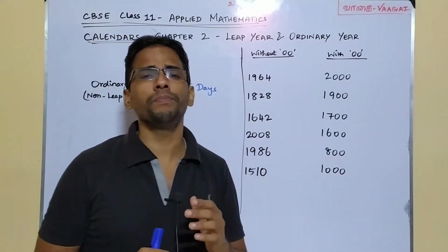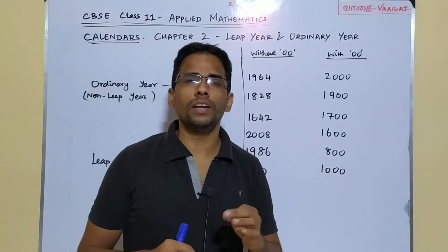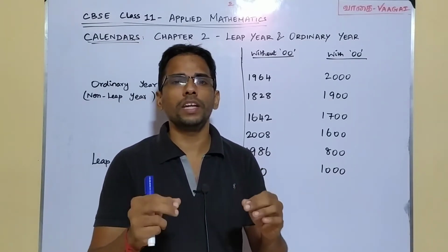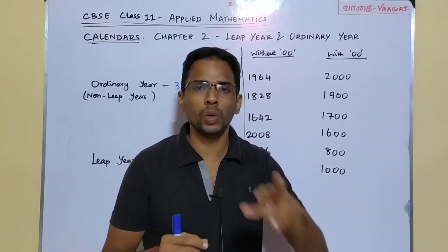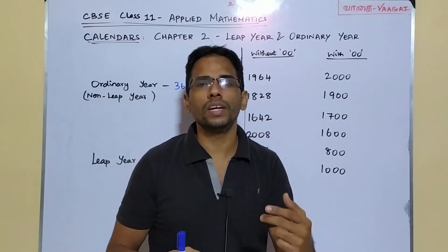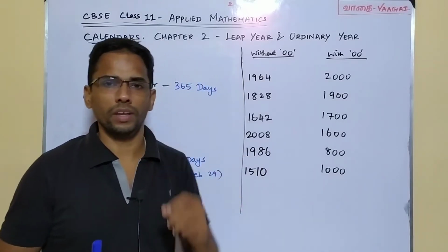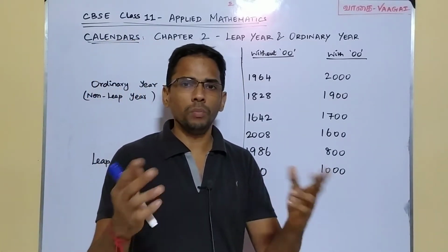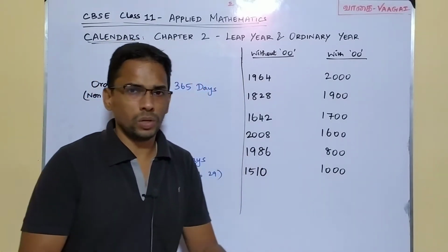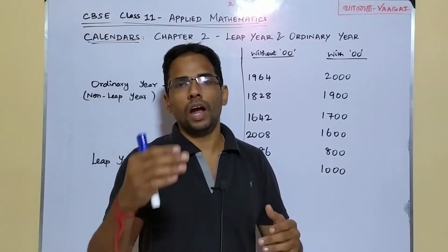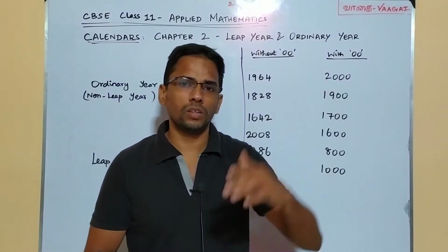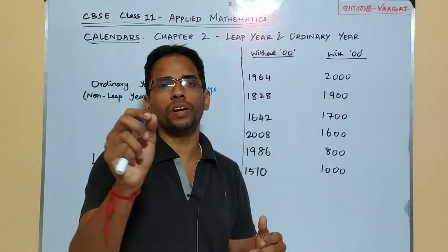My next question: how do you identify a leap year? Is there any special math calculation for you to conclude whether a given year is a leap year or an ordinary year? For example, this year 2020 is a leap year, and if you want to verify it, you can check this year's calendar. You will find Feb 29.